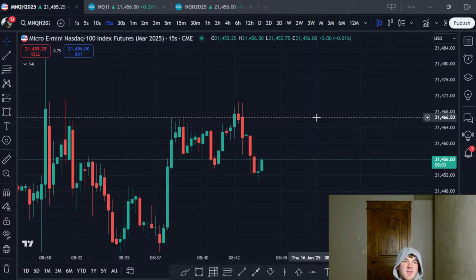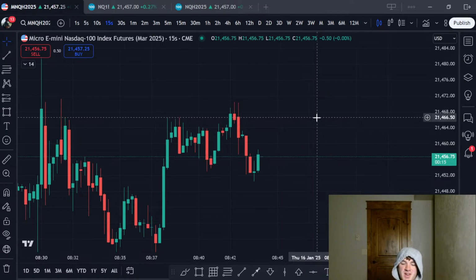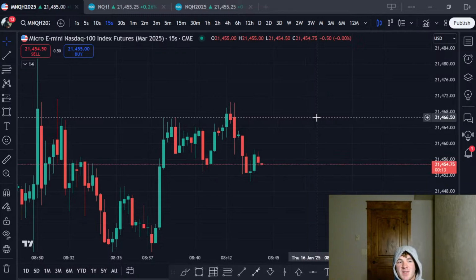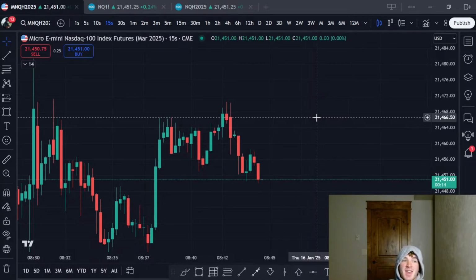I need to be a little bit more thoughtful though. I really can't rush into a trade. If I'm gonna take a trade, it needs to be light bulb. And I hate taking losses, because the most annoying part about a loss isn't that I lost, it's that my rule is I have to wait 30 minutes if I lose. That means if there's a good setup within 30 minutes, I can't take it. It's essentially punishing me. Hey, if you take a loss, there might be a good setup later, and you won't be able to take it.